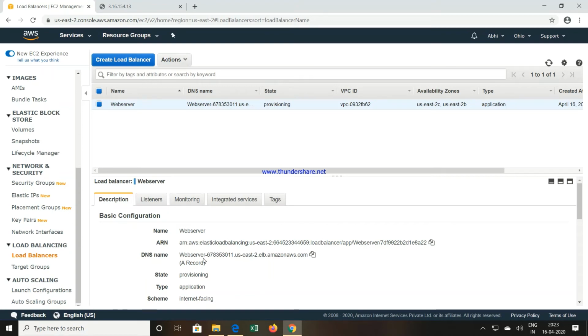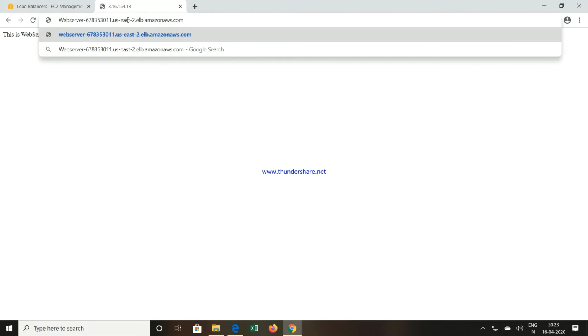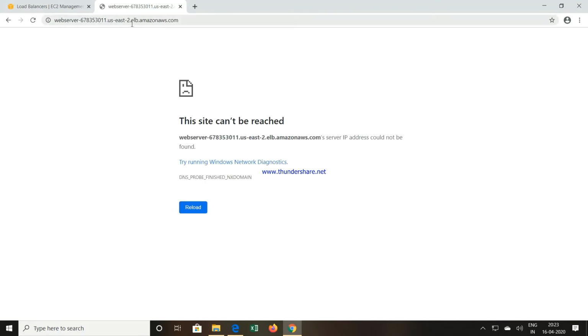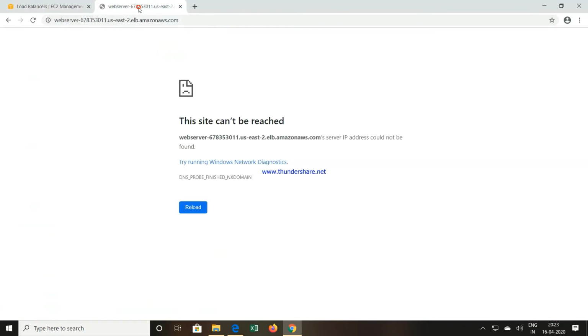You have to use this DNS name. I will copy the DNS name from here. Now I will place it in the browser. I will press enter. Now it is not working because the load balancer is still in provisioning mode.